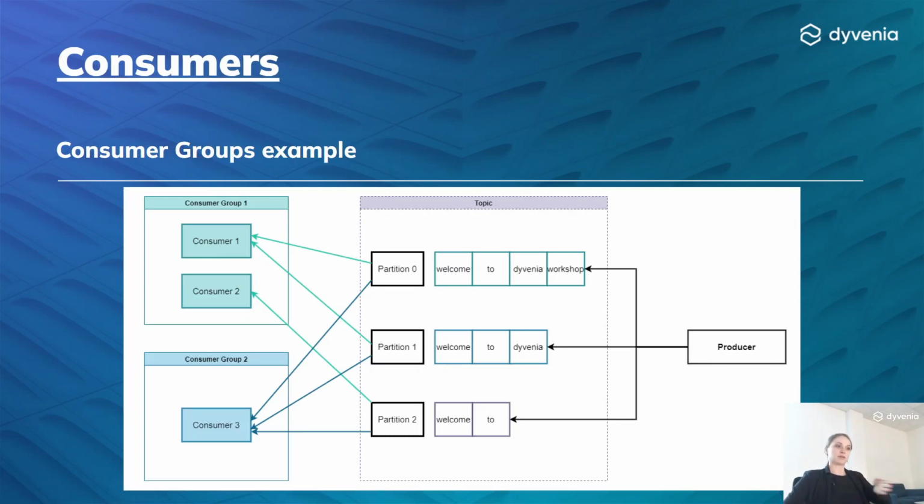This is an example of a topic and messages from before. And we have two consumer groups. In total, we have 3 consumers, but 2 of them are placed in consumer group 1. And we can see that partitions 0 and 1 are being sent to consumer 1, and consumer 2 is subscribing to partition number 2, right? So consumer 1 basically gets everything that's processed in real time, because partition 0 is the biggest one. And consumer 2 is not getting the true real-time information, right?